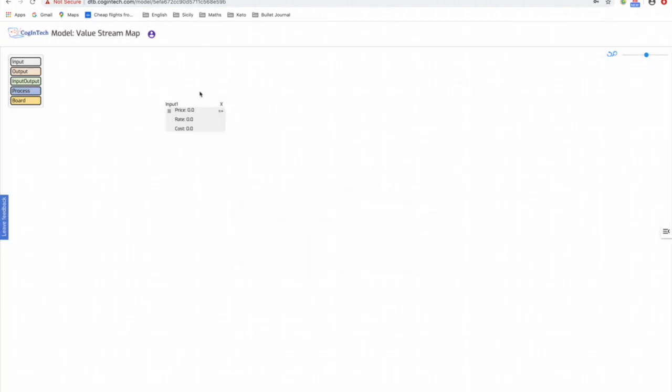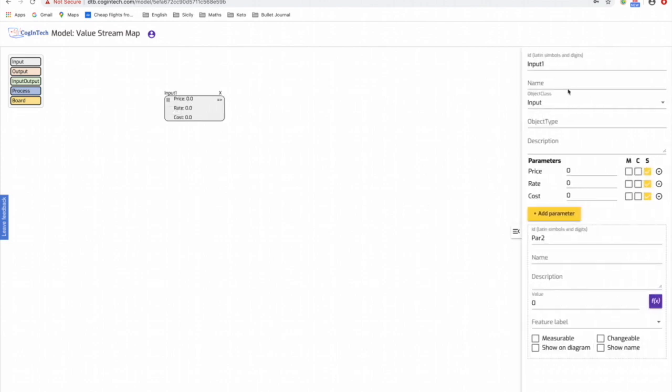To make this simple value stream map, firstly, I will set the input to our production chain as being the supplier. To do this, I will add an object with the class input to the main diagram. To rename the object, simply double-click on it for a menu of its characteristics to appear on the right side of the screen. Each object has an ID, a name, which we will rename supplier,